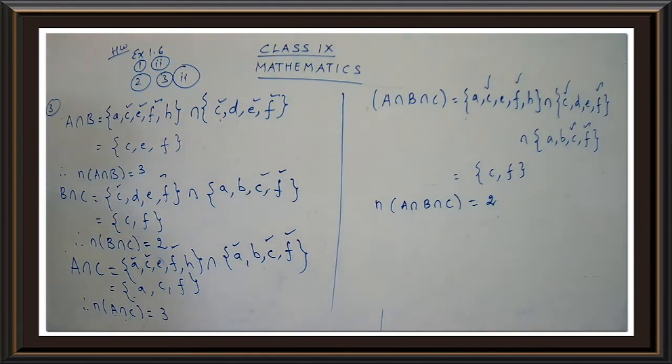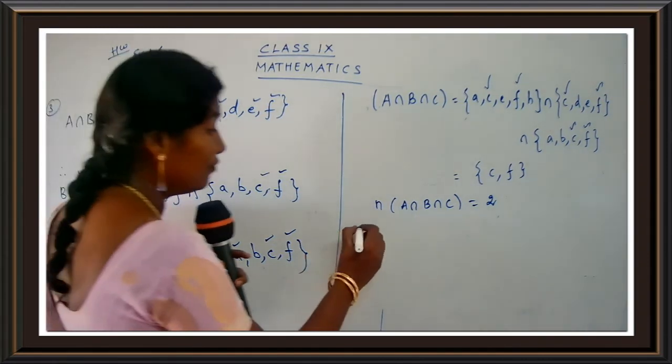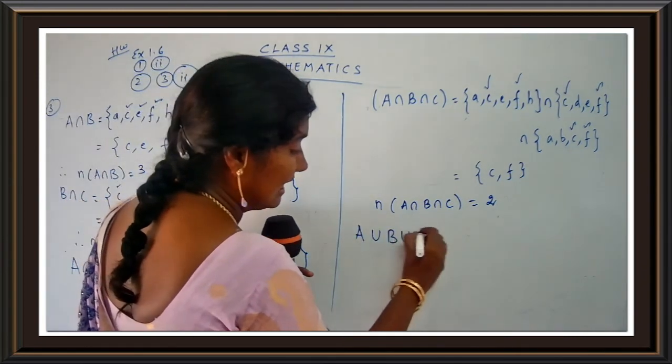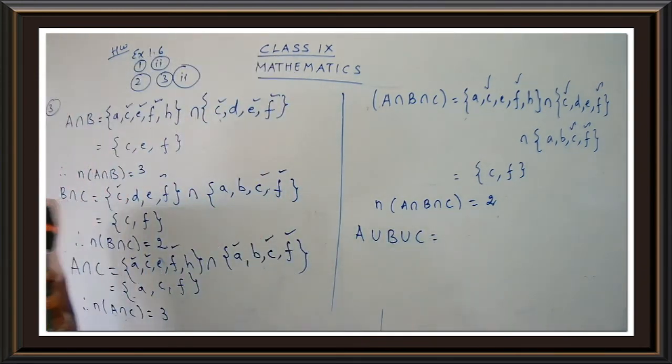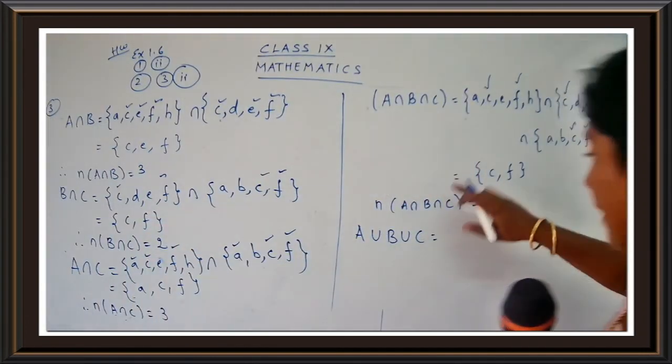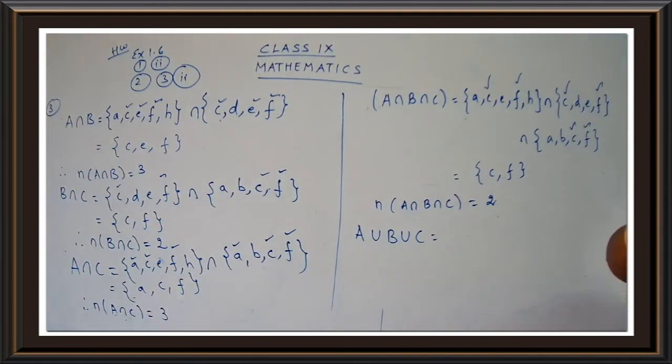Okay, now we have one more thing to find out. We have to find out A union B union C. The sum is a little lengthier, yes children? So we have many things to deal with here. So write down again all the sets, but here we have to take the union. We are not going to see the intersection part. What is the meaning of union? Union means you are going to combine everything together.